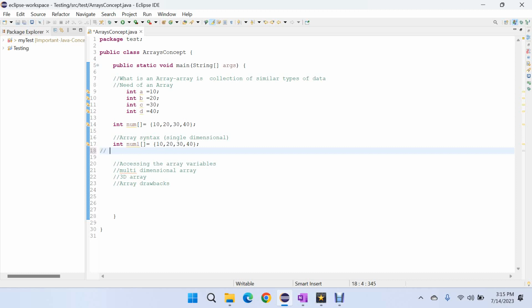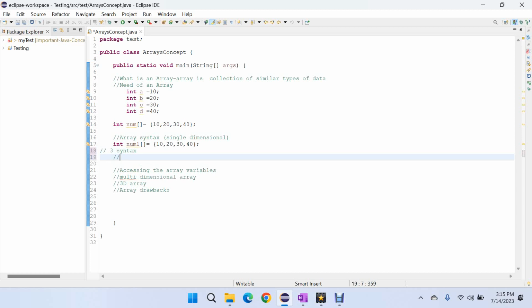There are three syntaxes for array. So I will keep that in comments. So data type, array name,